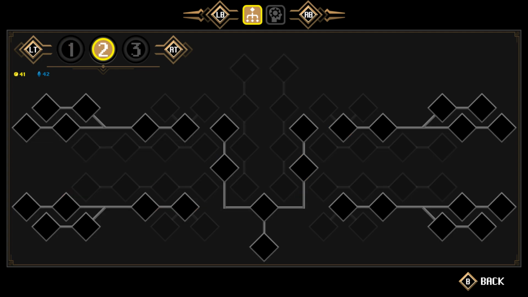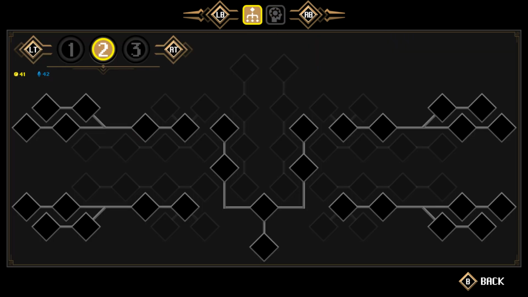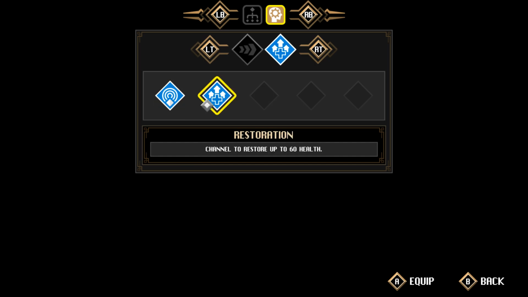If we hit the right bumper here, you can also see we have a skill system. Right now I have 3 skills. One of them is a little area attack that does 25 damage to all enemies. Another one is a dash forward, dealing 45 damage to all enemies. And then, how do I get to the next one? R2. And then our last one is restoration, which is my favorite so far,